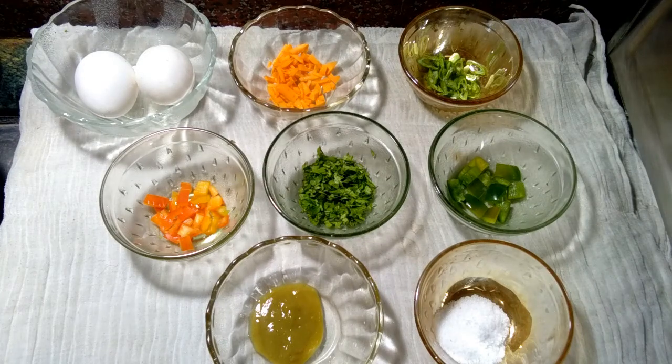Hi friends, today I am showing how to make vegetable omelette. This vegetable omelette I will make in a very simple way. So the ingredients needed are: